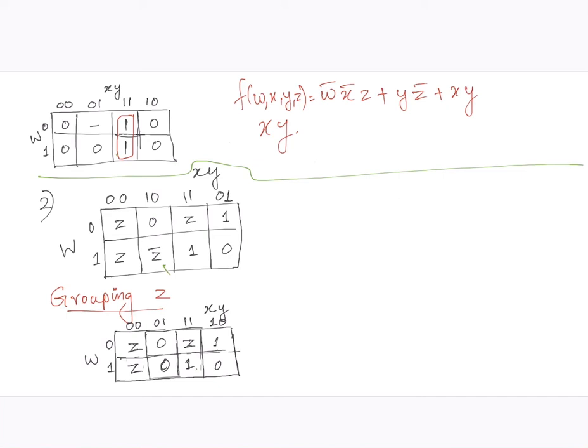Now considering another example, this expression. The first step is grouping by considering the Z bar literal equal to 0. So replace the Z bar literal alone with 0 and write the other terms as such. And now grouping the Z literals. So Z can be grouped in this way and in this way. So these two will correspond to X bar Y bar Z and XYZ.